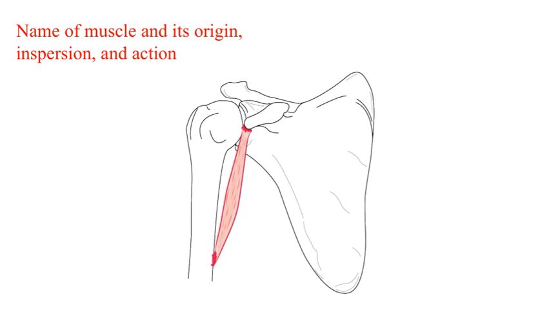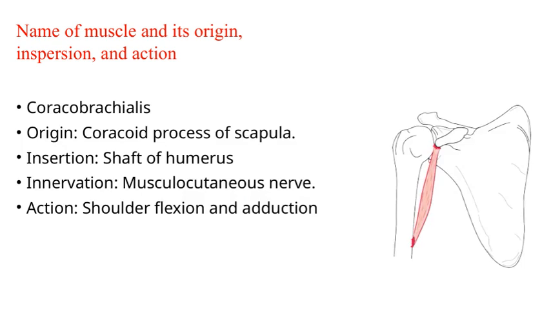performs complex movements seamlessly. Now, let's take a closer look at the coracobrachialis muscle. This muscle originates from the coracoid process of the scapula, which is that small hook-like structure on the front of the shoulder blade. From there, it extends downward to insert on the shaft of the humerus, specifically on the medial side. Its innervation comes from the musculocutaneous nerve, which is a key nerve supplying several muscles in the anterior compartment